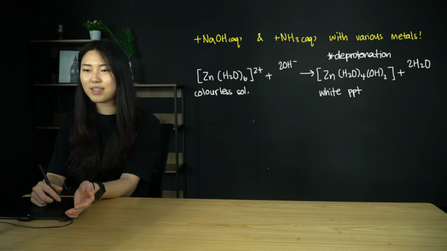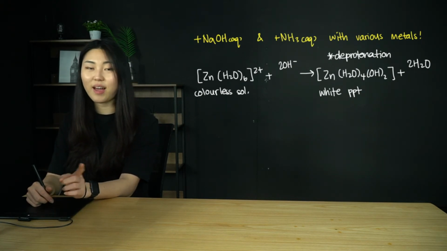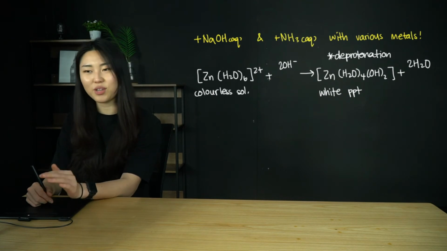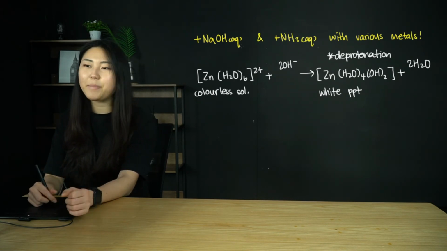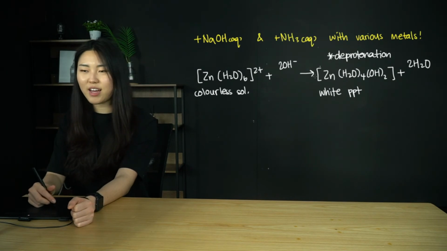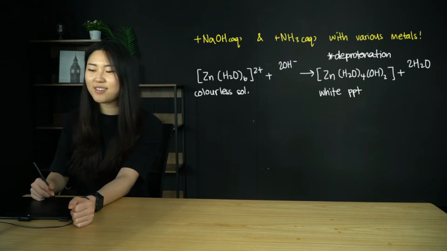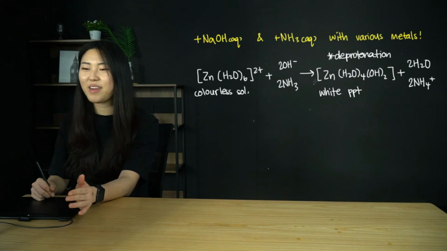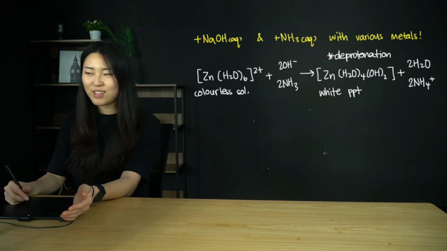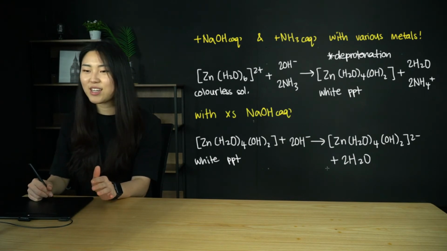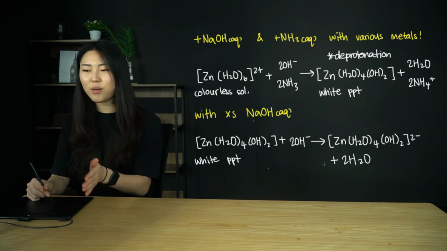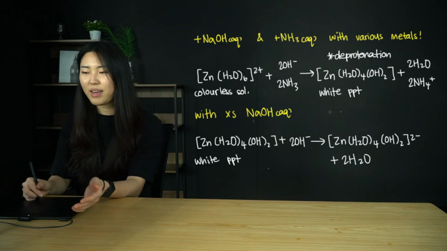Now we're looking at zinc. This one is another amphoteric species, okay? So we'll look at the amphoteric behavior of zinc precipitates in a minute. But first, we have the sodium hydroxide. Again, deprotonation, same thing. We have NH3, NH4 plus, same thing, same complexes, deprotonation. So with excess sodium hydroxide, we will be getting,